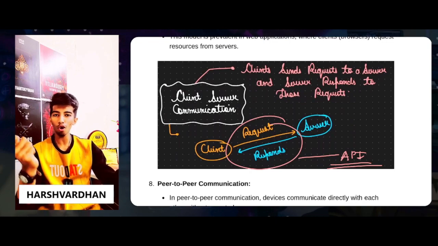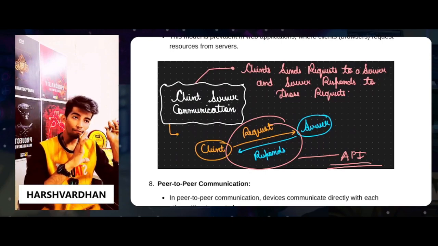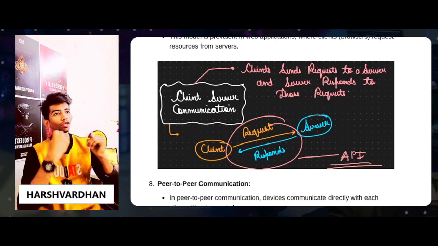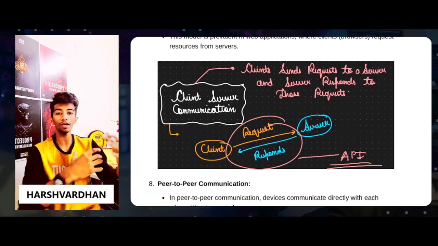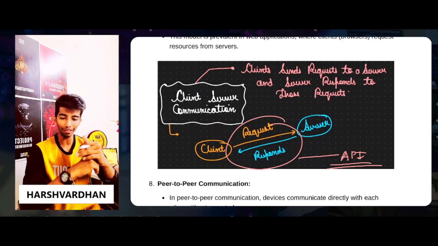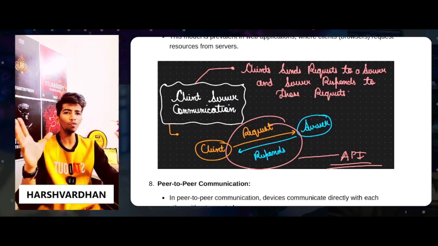If you are logging in, your credentials are sent to the server for verification. If the verification comes back, you get entry into that app. After getting entry, you can access all kinds of content stored in the data collection or on the server of Netflix, and from that you can access all kinds of movies and web series. This is the simple working principle of an API.